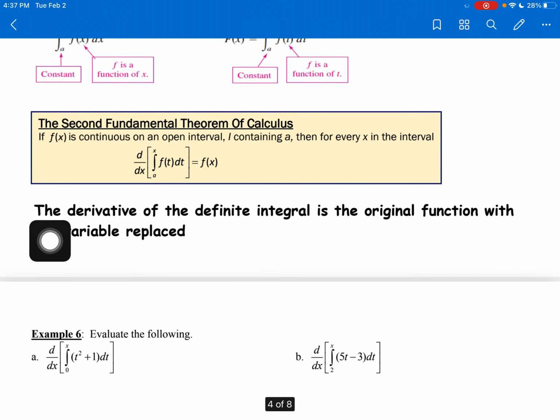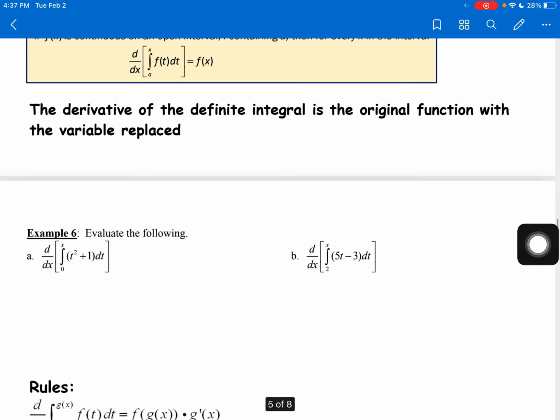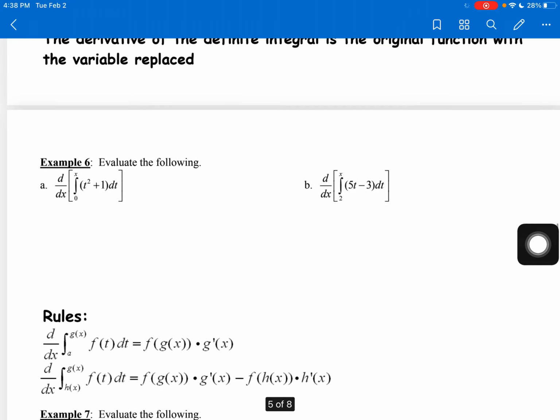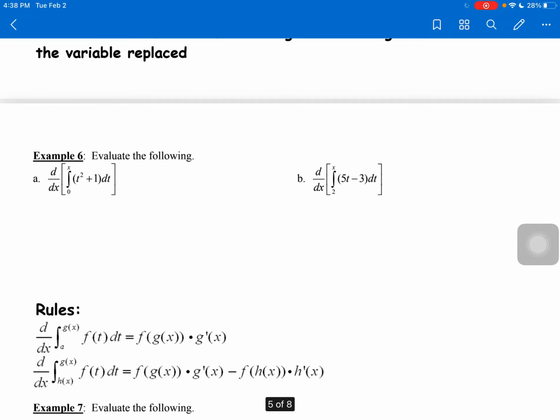Okay, so in simplest language, the derivative of a definite integral is the original function with the variable replaced with that one. So basically it's the original function. It cancels out, and then you just replace the variable with whatever that top variable is. Okay, so let's take a look at a few examples where we're using that second fundamental theorem of